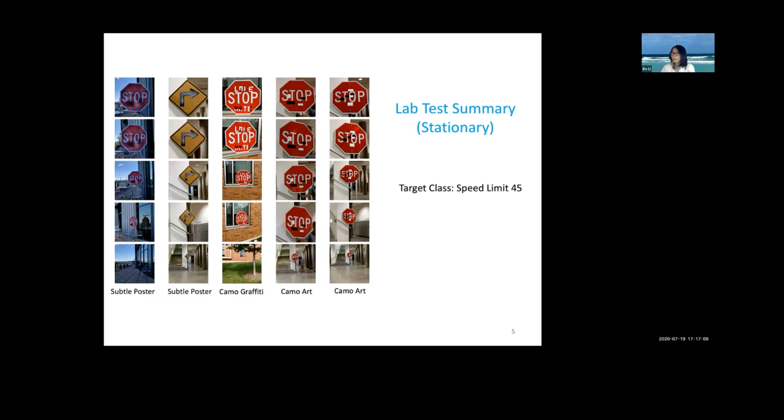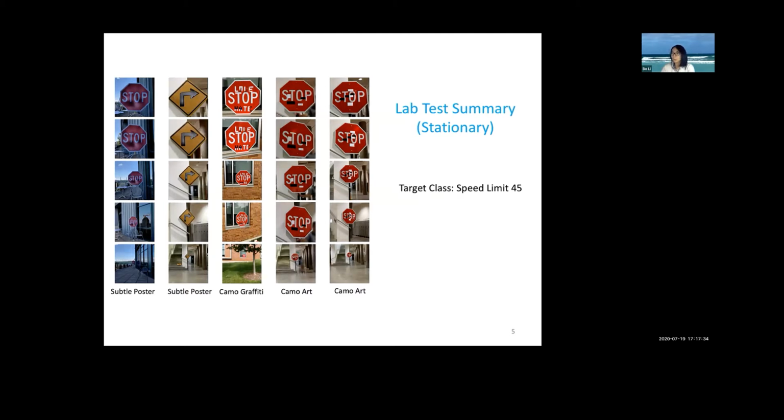You can see here each column is a different type of adversarial perturbation in the real world, and each row shows different angles and distances. This shows that with certain adversarial behaviors, it's possible that all the stop signs in these slides are misrecognized as speed limit sign 45, which can have real consequences if a car does not stop when it sees such